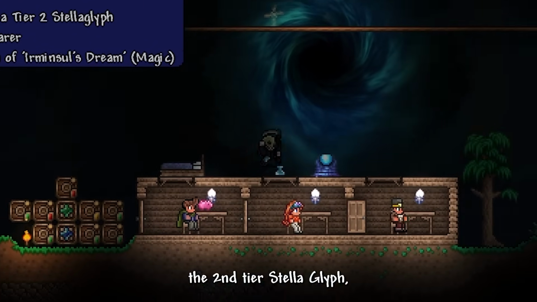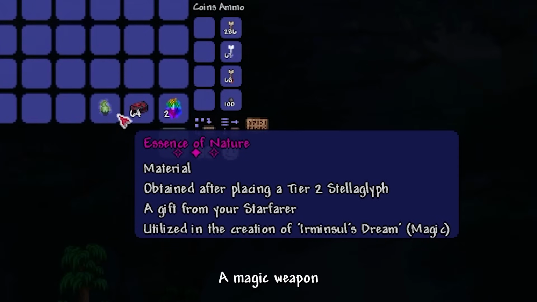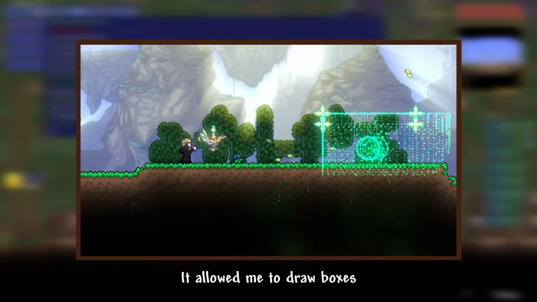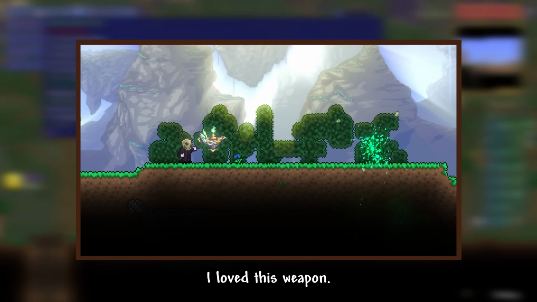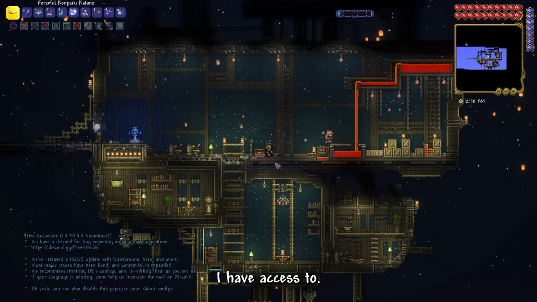Also, after placing the second tier Stellaglyph, I got an essence called the Essence of Nature, used for a magic weapon called the Irminsul's Dream. But this one actually looked interesting, so I crafted it. It allowed me to draw boxes which damaged enemies and debuffed them, which is actually insanely cool. I love this weapon. I ended up exploring some of the new locations I have access to, like for example,